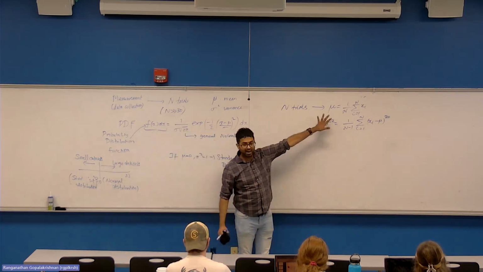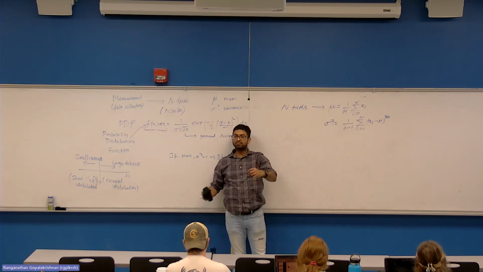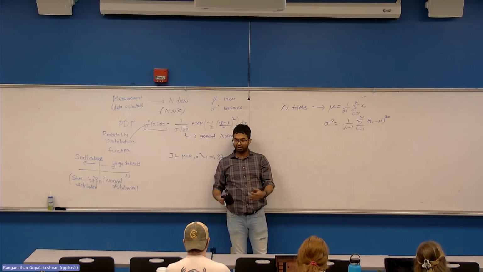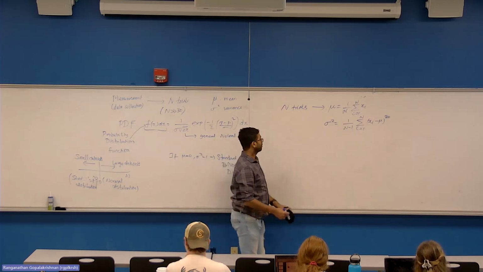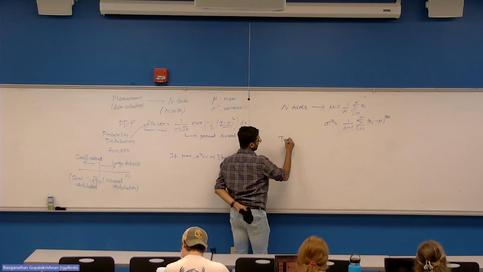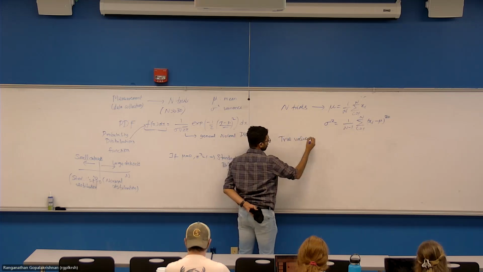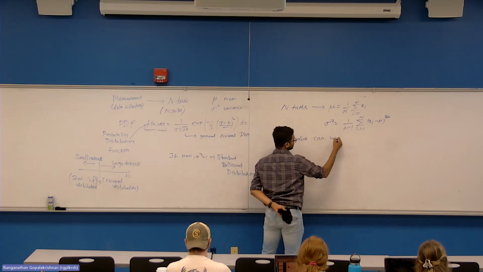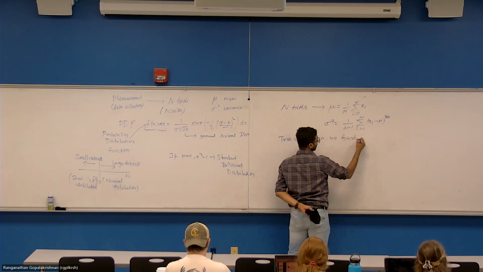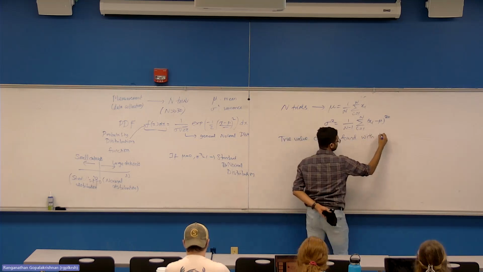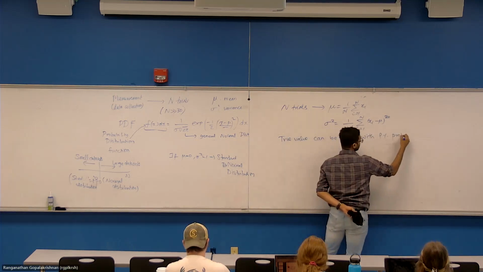Just because you got an average doesn't make that necessarily the true value of the quantity. What we say is the true value can be found with P% probability